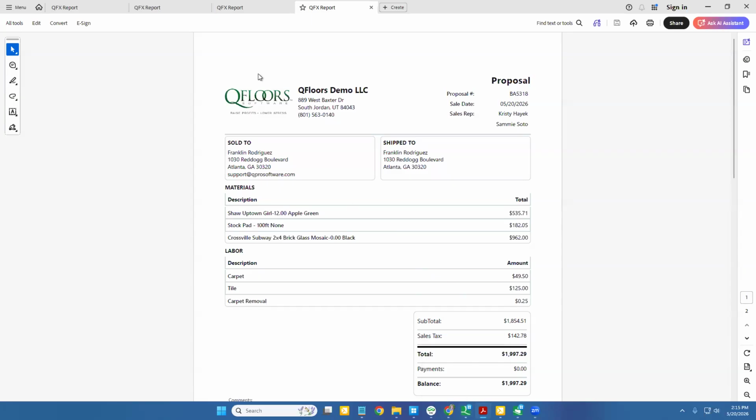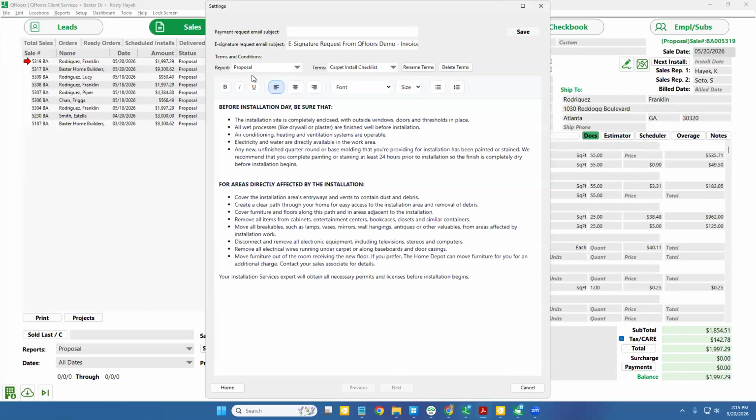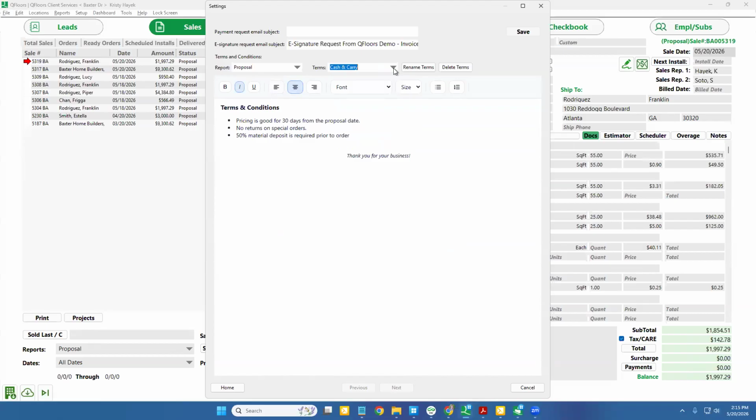And then you can set up whatever terms you want with the option that you decide you want to use. So right here I have my proposal option that shows all the line item details, and then whatever terms I want to select, you can set up your own terms and conditions. And so over here you can choose to have more than one. Maybe you have different types of jobs where you want certain things to show and certain terms. So for example, if I want to add a new one, I'm choosing proposal, and then I'm going to set whatever the terms are. So if I just start typing a new one here,